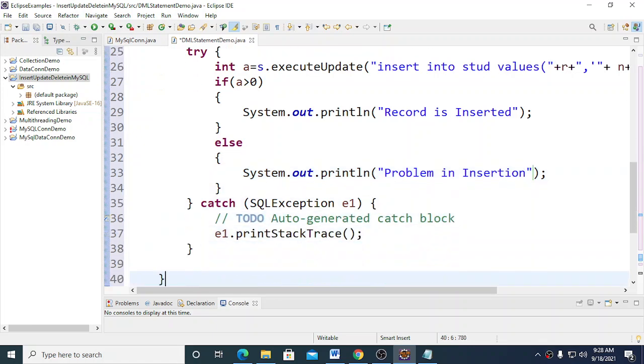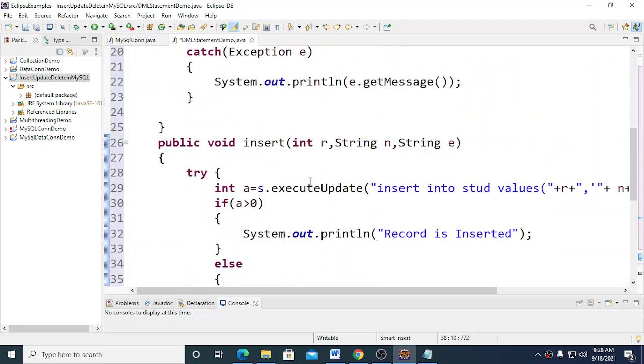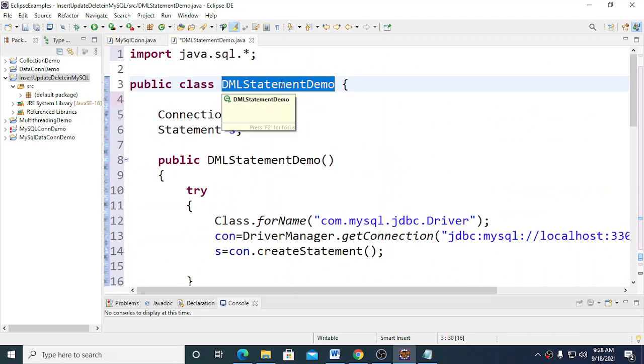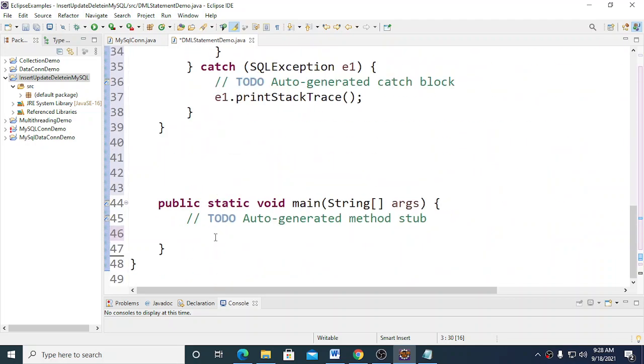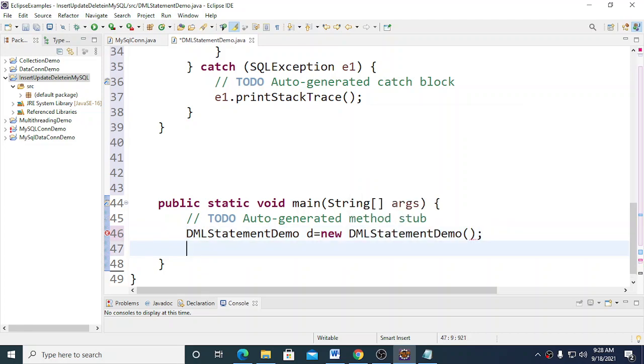Okay, now we'll test for the output whether this particular function works or not. So I'm going to create the object of this class inside the main function. So here I have created the object. Then the constructor will be called there.